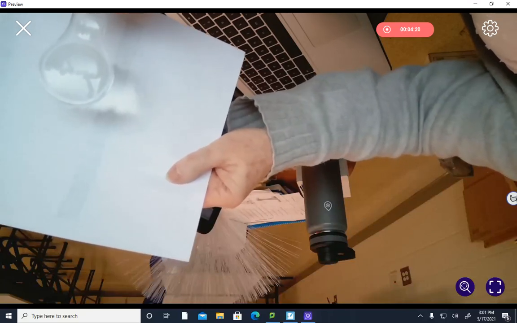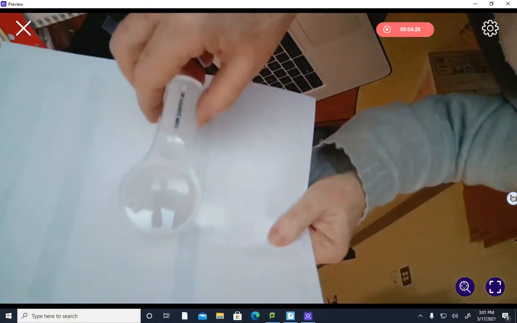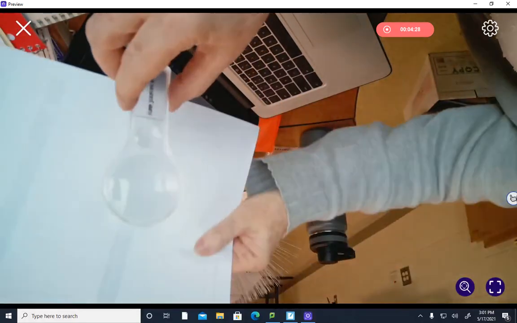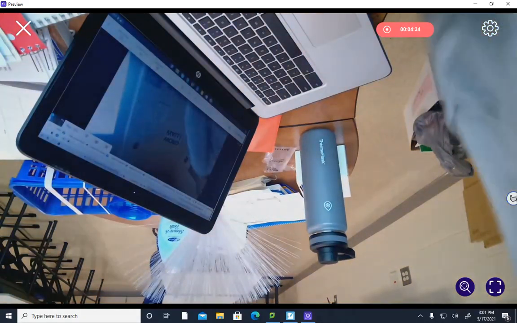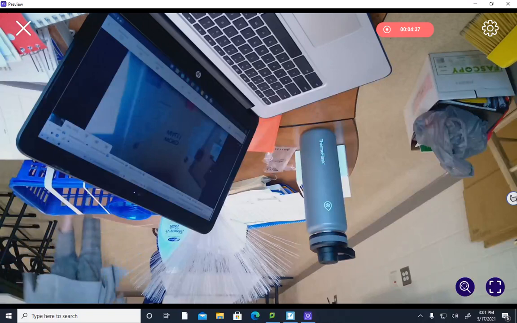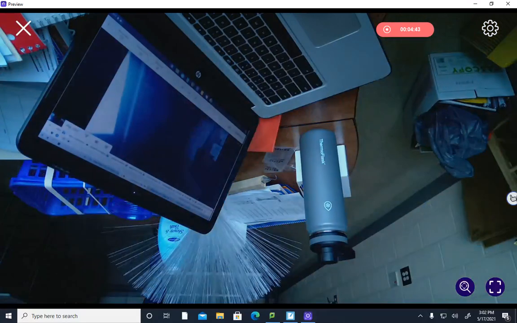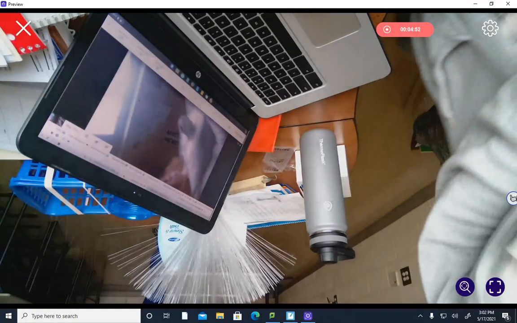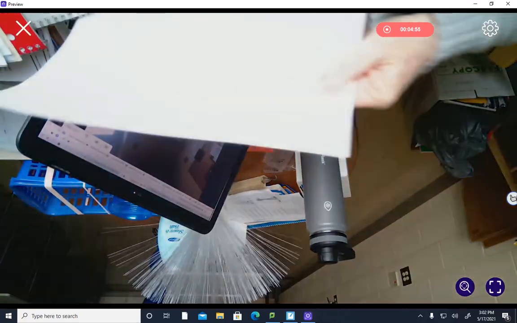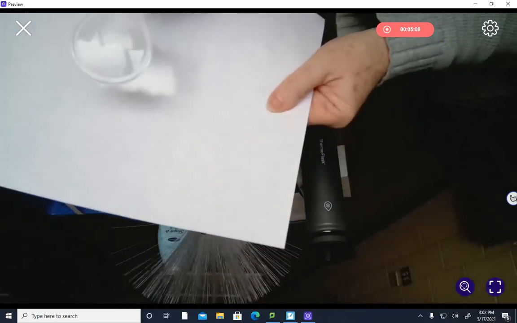Maybe if I were to shut the room lights off, you would be able to see what's outside on that paper. Let me see if you can see that the sky is blue on there. Let's see if I held this up and see if I could get it on there. Can you see that it's focusing